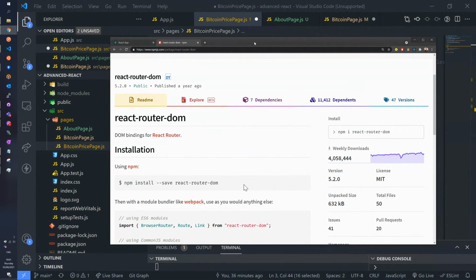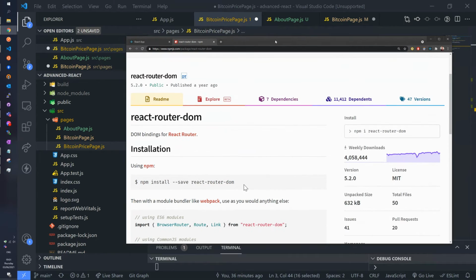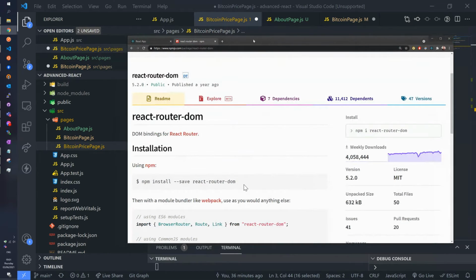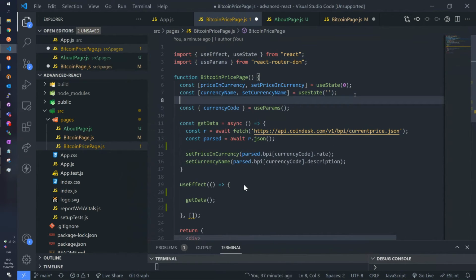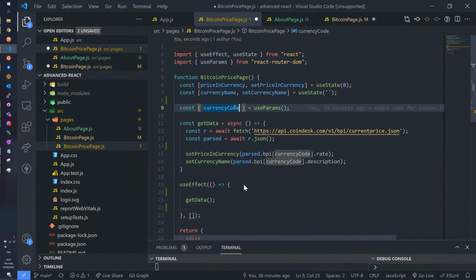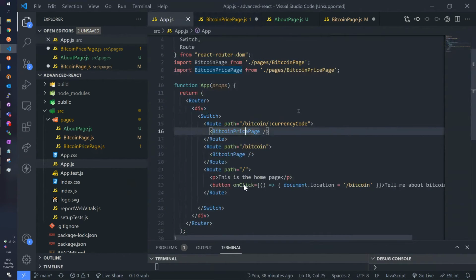And honestly, these are things that you don't even observe sometimes because JavaScript just evolves as time goes. Every time there's a new package or something coming out. So yes, you have to install this package if you want to be able to read that dynamic route. So anyway, you import something called useParams from this React Router DOM. And now, you remember how we created this dynamic component of the URL called currency code? So back to app.js, you see this specific name right here. I want to extract this name inside this web page.